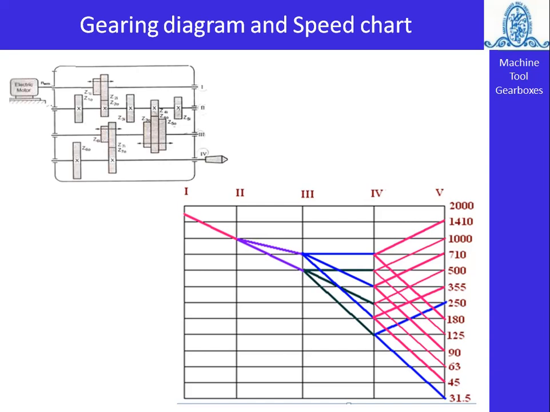There are general recommendations for developing the gearing diagram. While developing the gearing diagram on the basis of the given structural diagram or the speed diagram, attention must be paid to some aspects. All the requirements that are essential for the proper functioning of the gear transmission must be satisfied, and the gearbox dimensions kept minimum. This is an essential requirement for the proper functioning of the gearbox and the transmission.